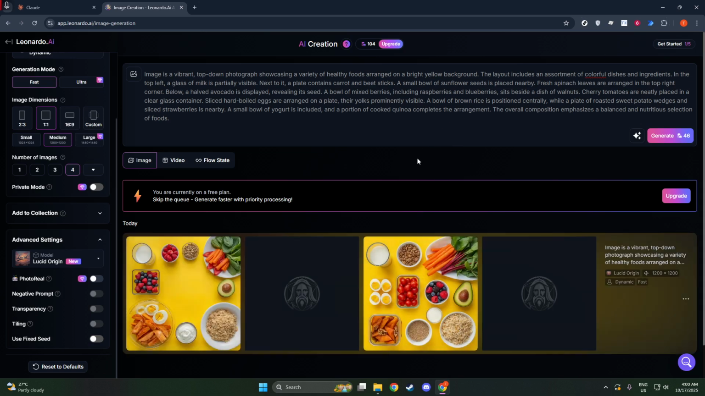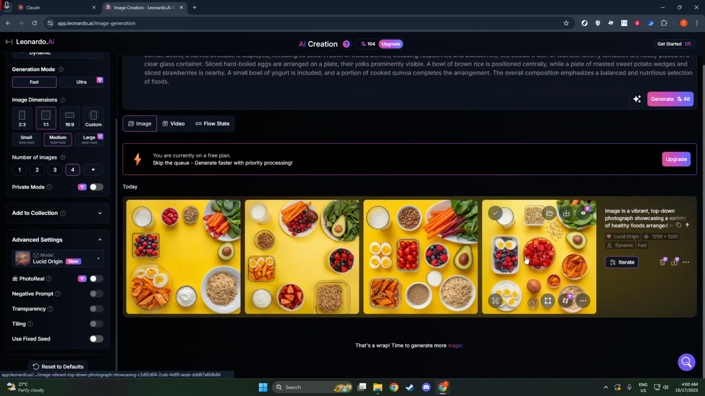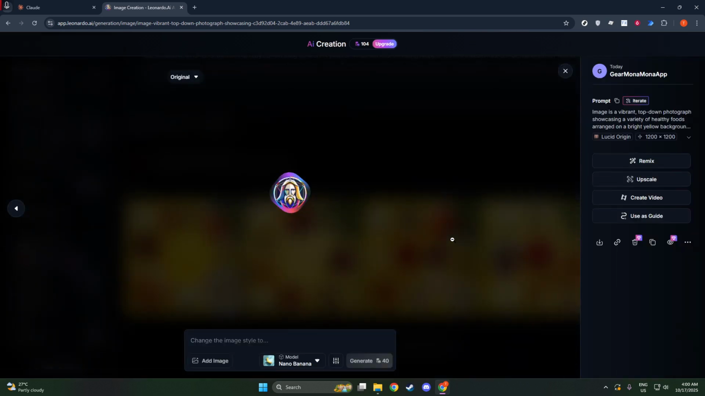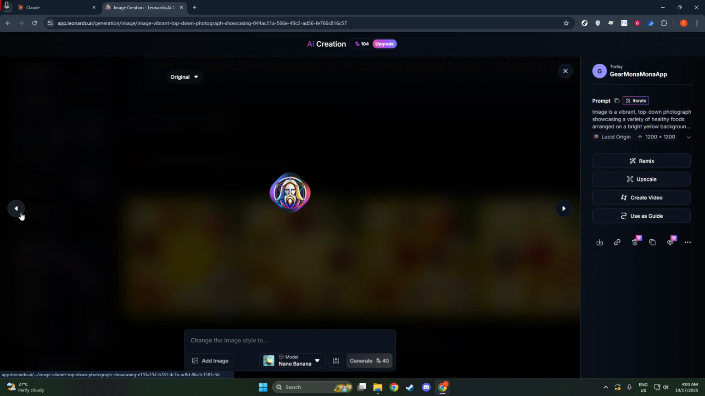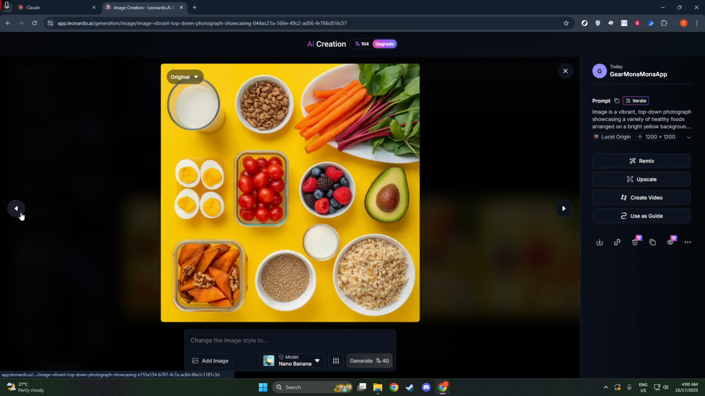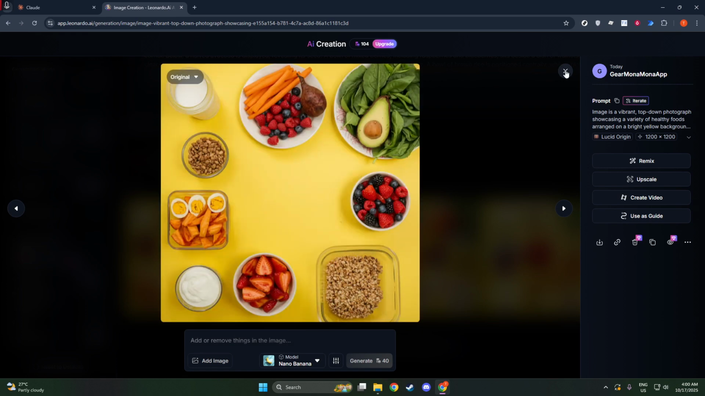Finally, it's time to generate your image. Enter your prompt in the available field, expressing clearly what you envision the AI to create, and then click that Generate button. Sit back and watch the AI bring your vision to life. Congratulations! You've successfully uploaded an image to Leonardo AI. With these straightforward steps, you can continue exploring the incredible ways AI can